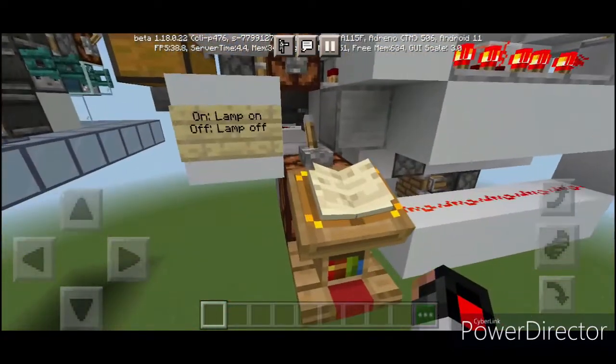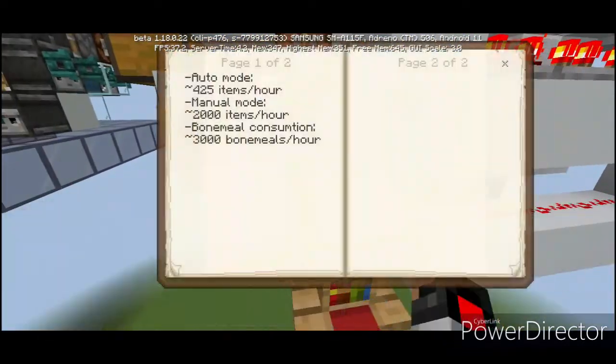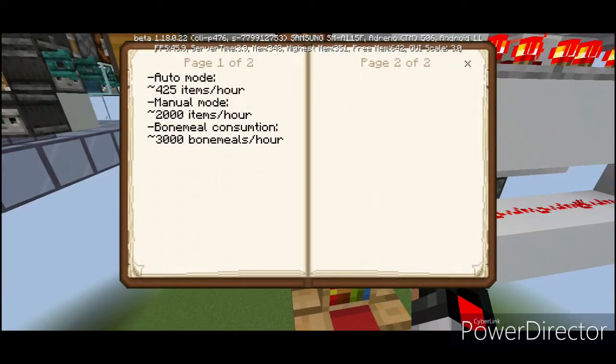Alright, finally let's get through all of the rates of the machine. For the auto mode, you can get roughly 425 items per hour. For the manual mode, you can get around 2000 items per hour, and the machine also consumes around 3000 bone meals per hour. So yeah, these numbers will not be accurate